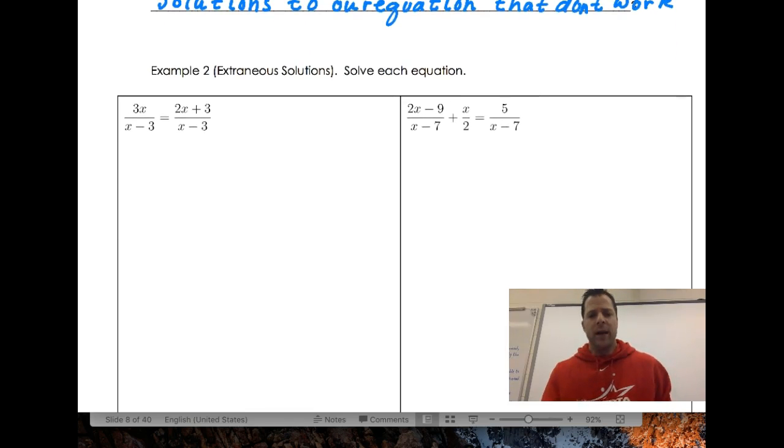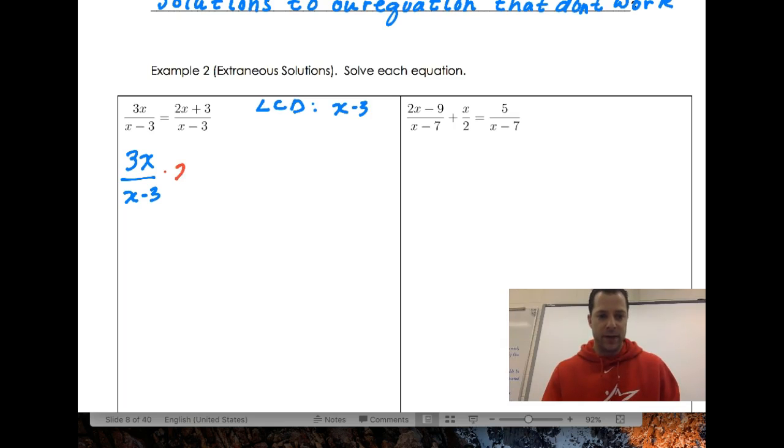So let's solve each equation here. We've got an equation here. It's set up like a proportion, and the LCD, notice how the denominators are the same. So the LCD is going to be x minus 3. If I rewrite this, I'm going to have 3x over x minus 3, and I'm going to multiply this by the LCD, so that's x minus 3 in red there, equals my second fraction, 2x plus 3 divided by x minus 3